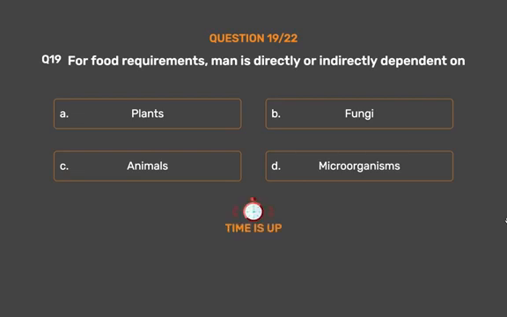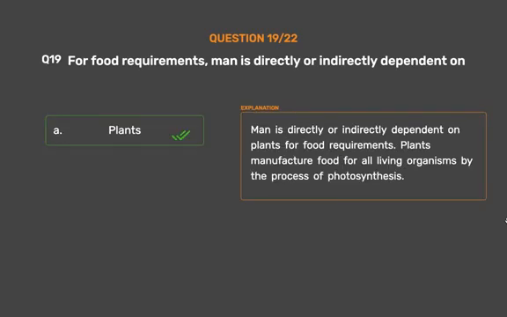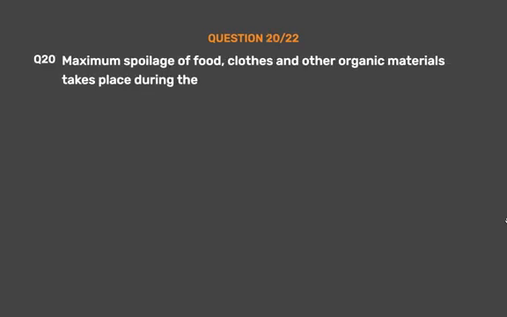The correct answer is Option A. Plants. Man is directly or indirectly dependent on plants for food requirements. Plants manufacture food for all living organisms by the process of photosynthesis. Question number 20. Maximum spoilage of food, clothes and other organic materials takes place during the